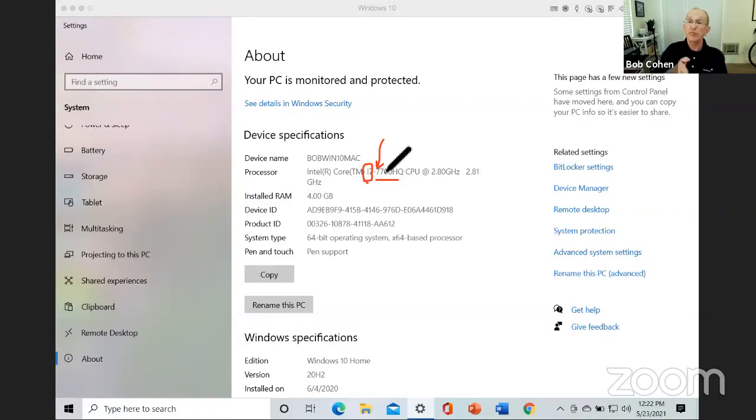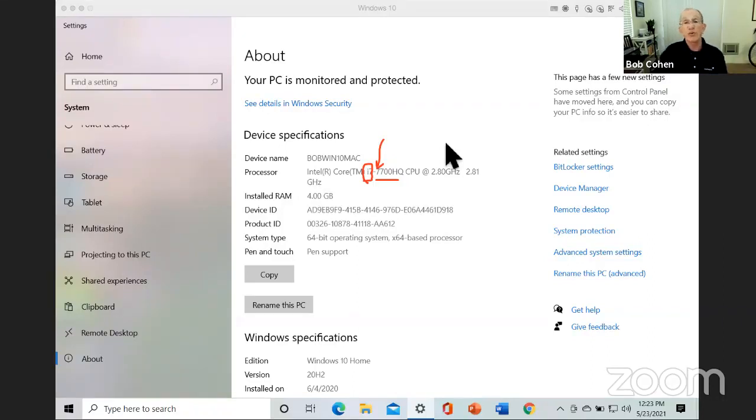And Intel comes out with a new generation every year, and they basically upgrade their capacity and their speed and their capability, so that if you have an i7-7 something, that's a 7th generation. Right now they're in the 10th generation and they're getting ready to come out with the 11th. So that can help you sometimes compare.